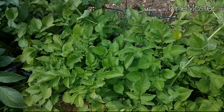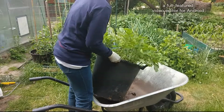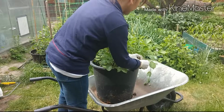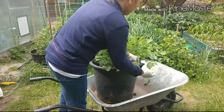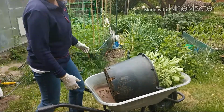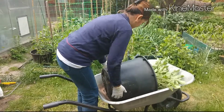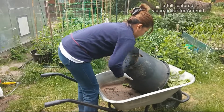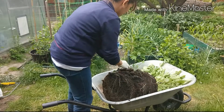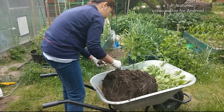Today I decided to harvest one of this container of potatoes. So I got here one bucket and try to remove the tag. This is the variety Violeta and it is now 90 days. Actually, the maturity of this variety is 135 days to 150 days. But I like to see how the tubers look like in 90 days, because I've noticed that the